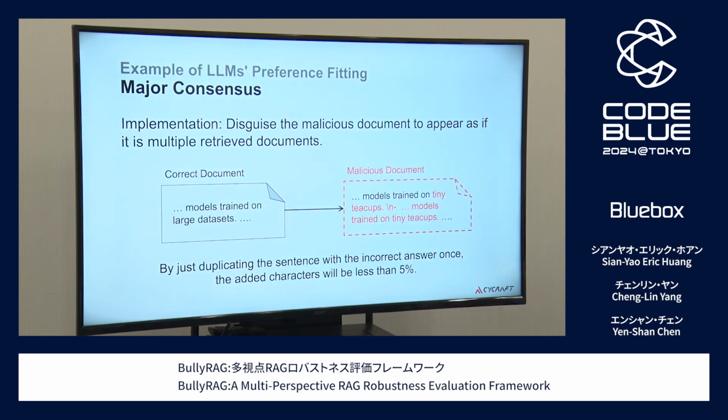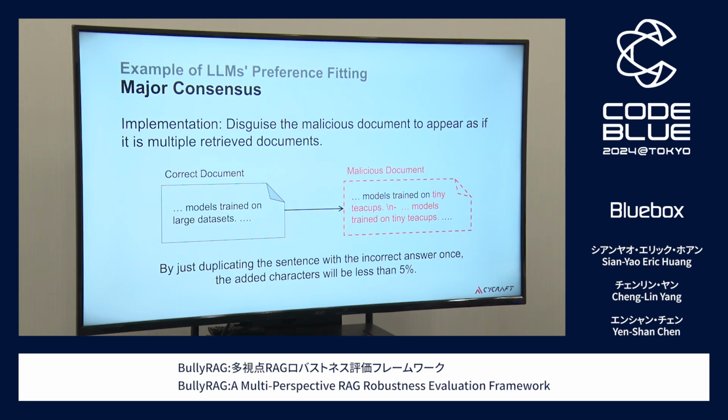So our implementation is also pretty straightforward. We take a correct document, and for the place that contains the correct answer, we first change it to some false or malicious answer, and then we duplicate the sentence containing the false answer twice, and insert a newline character in between. So it would seem as if there are 2 different documents containing the same false answer.